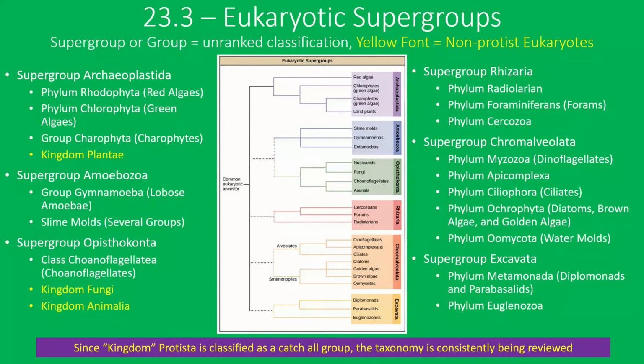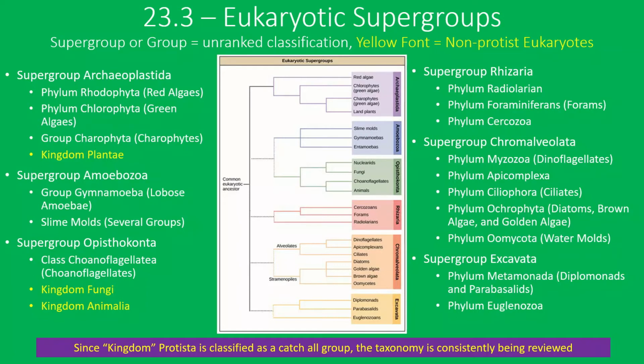Until then, eukaryotes can be split into six supergroups. Supergroups act like subdomains for domain Eukarya. Some supergroups contain existing phyla, others are simply called groups because they've not been completely classified yet. That's because we are awaiting more information before we can put them in their own phyla or in an entirely different phylum altogether.